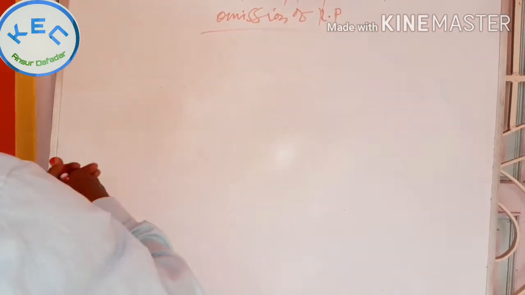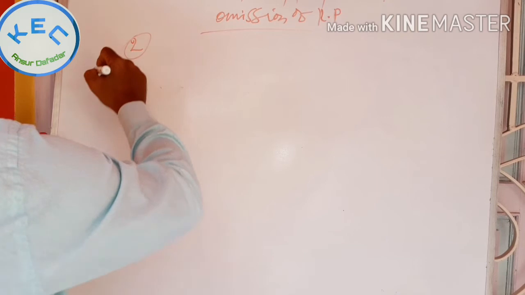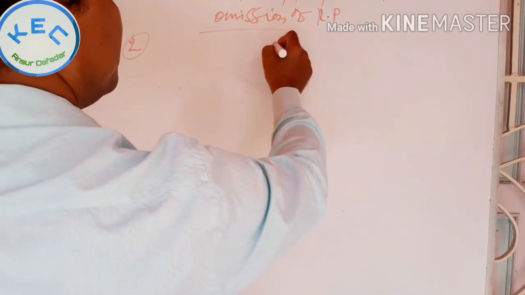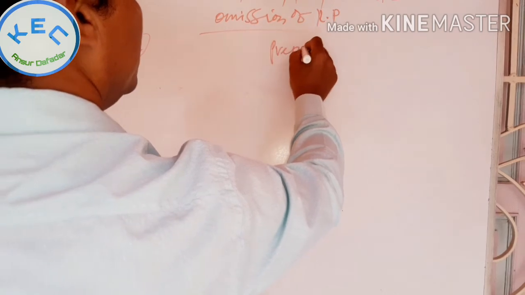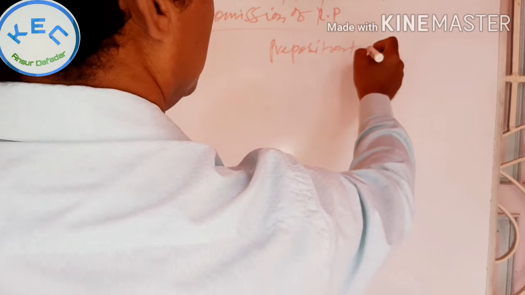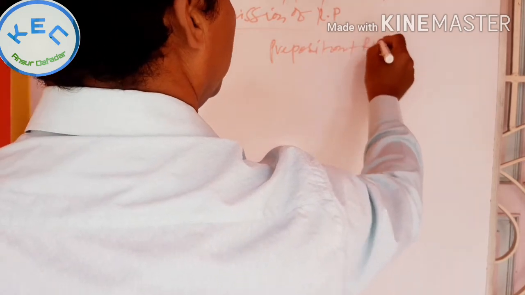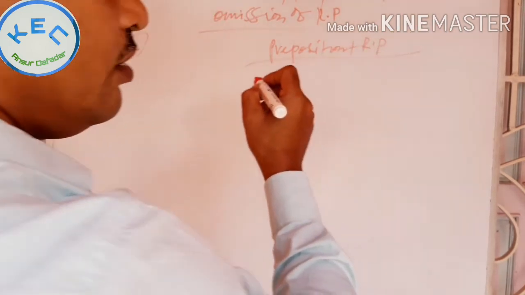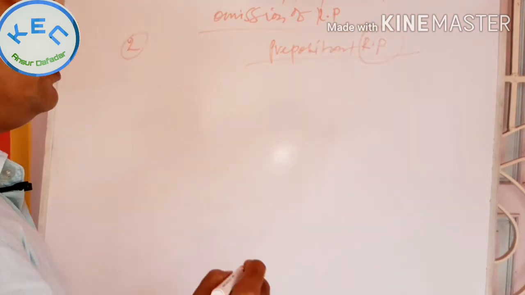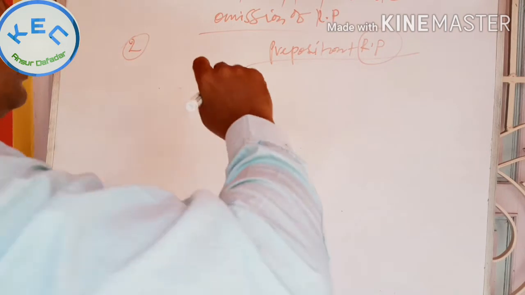Situation second. The structure where preposition plus RP is there, we can omit this RP. And example,